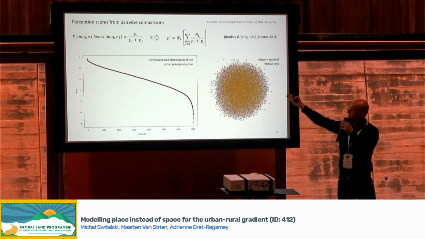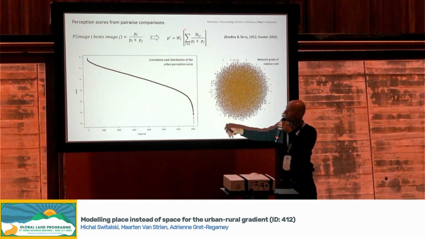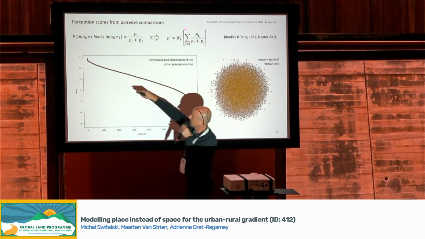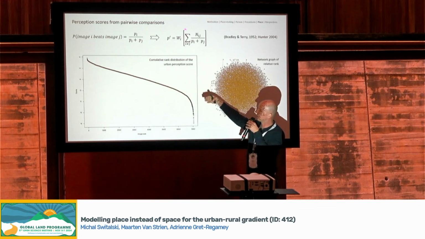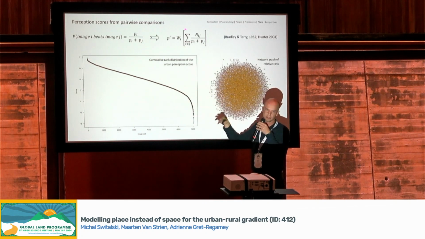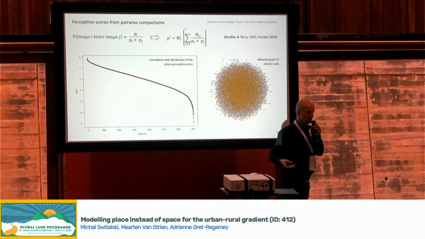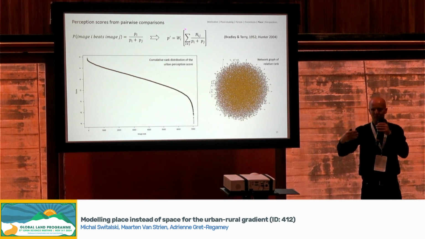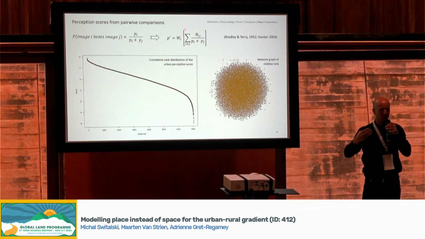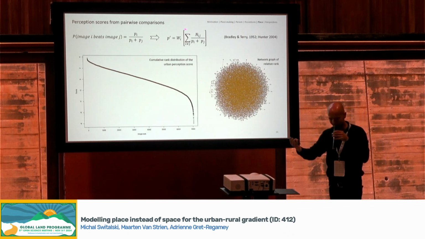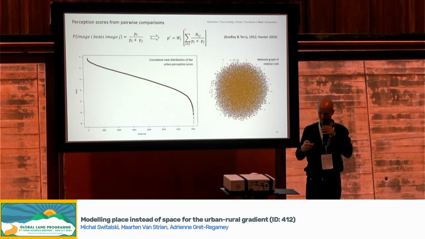Using the urbanity perception as an example, we see here the distribution of scores, where we nicely see outliers at the top, which would be the very urban spaces, which always dominate in this comparison, and the least urban spaces. In this case, it would be rural spaces. In between, we have what I would like to call the slope of subjectivity, where the differences are much more gradual, which makes it appear in everyday life that we think that the perception is subjective. However, with good enough data, we can see that there are differences in them.